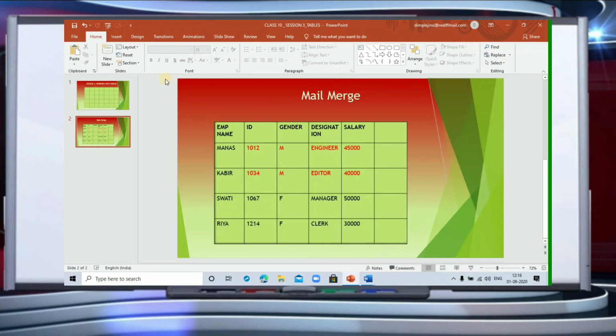It is used for business purposes, like you have created one document and you have to send it to a number of people at the same time. So same content, you don't have to write it again and again, you don't have to create that document again and again, so you can send it to multiple people at the same time. But the only thing is that you need to create a data source for that.